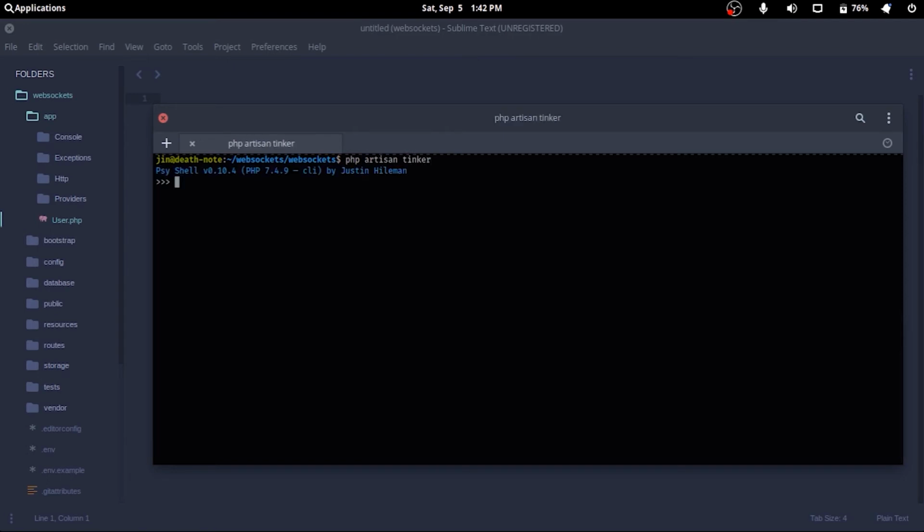I'll quickly use Tinker to create a new user for our project with name JohnDoe, email johndoe@example.org, and password secret but hashed.